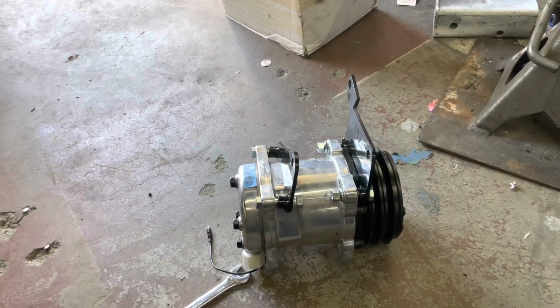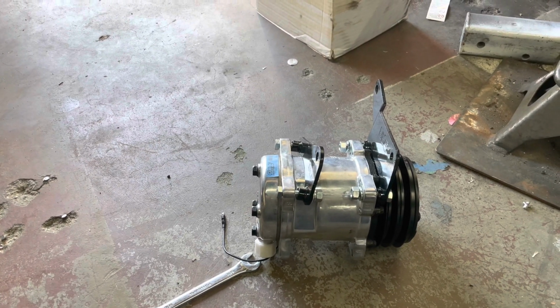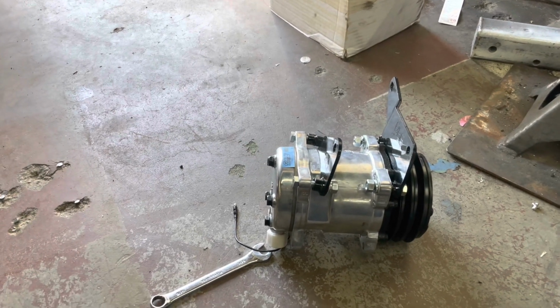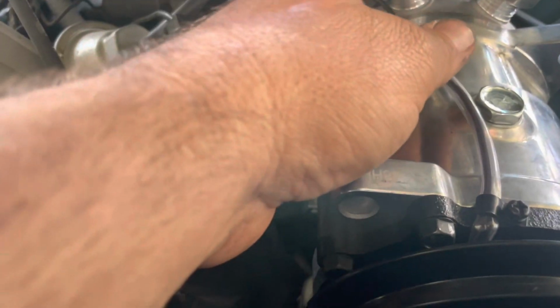Back on the 300. As you can see, I have the compressor back off again. I do need to rotate it in the brackets so we have clearance for our hoses. Just gonna work on that right now. Alright, so I pulled this, flipped the brackets, I put the ports over here on this side, and it made